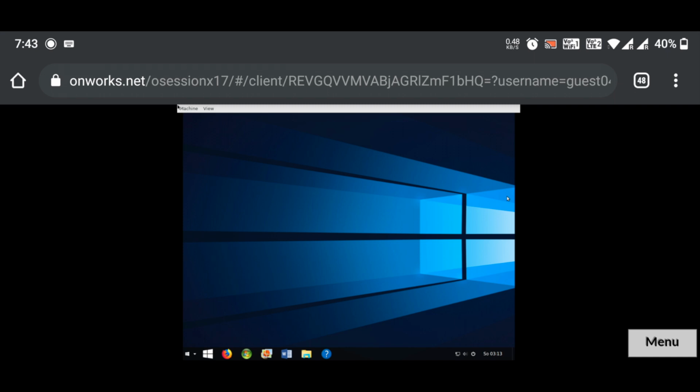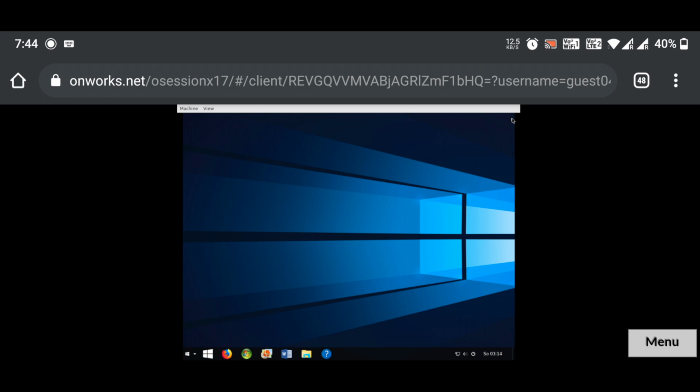You just have to wait for 10 to 15 seconds, and as of now there are not a lot of users on this site, so you will not have to wait more than 10 to 15 seconds. But in case the traffic increases, it may be possible you have to wait for about 30 seconds. Okay, so now let me give you a full demo of this virtual machine.